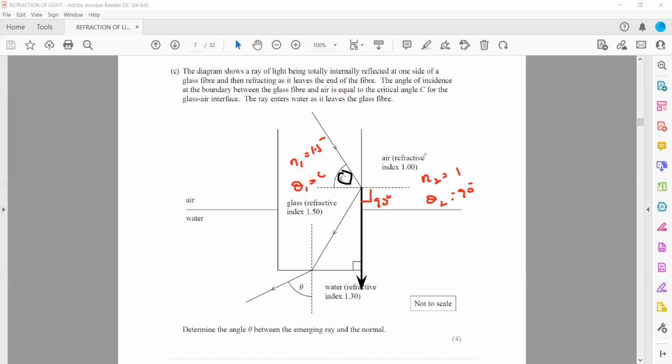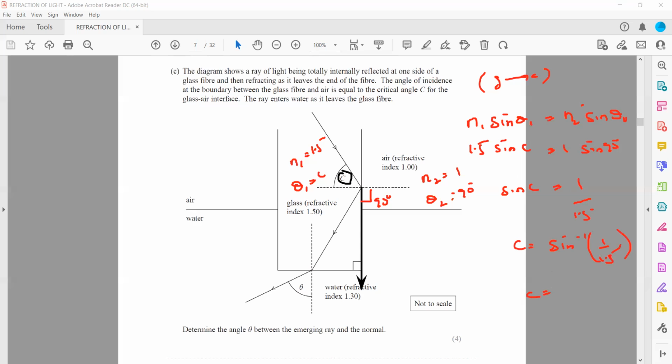So we'll use the formula to work out the critical angle: n1 sine theta 1 equals n2 sine theta 2, when it is moving from glass to air. So n1 is 1.5 sine C, n2 is 1, and sine 90 is also 1. So sine C equals 1 divided by 1.5, or C equals sine inverse of 1 divided by 1.5. So this will give us the value for the critical angle, which comes out around 41.8